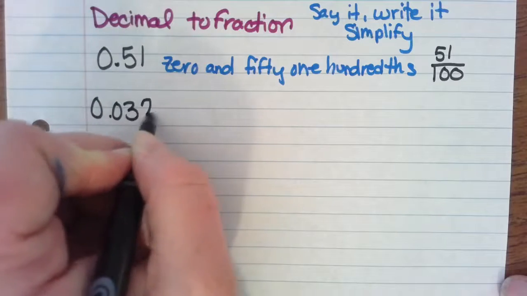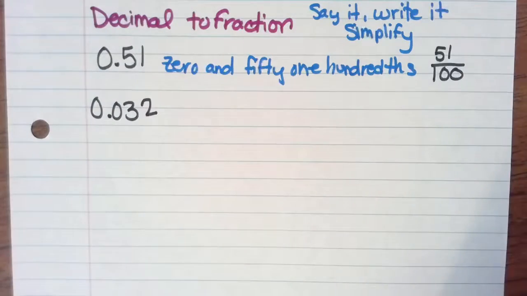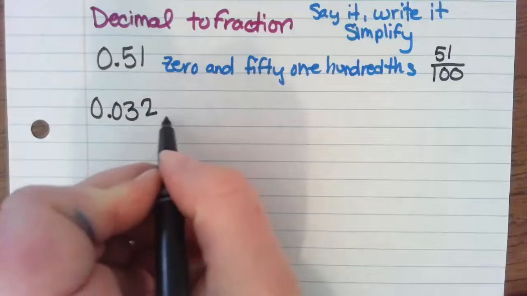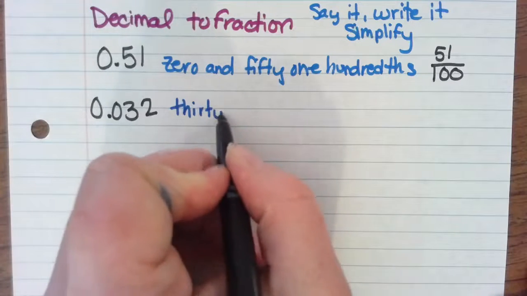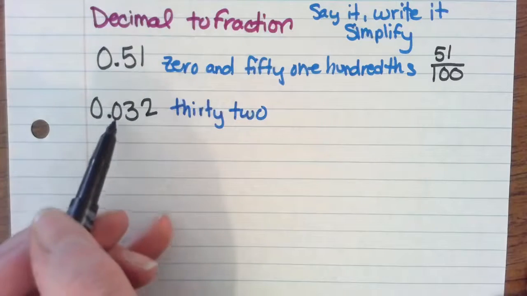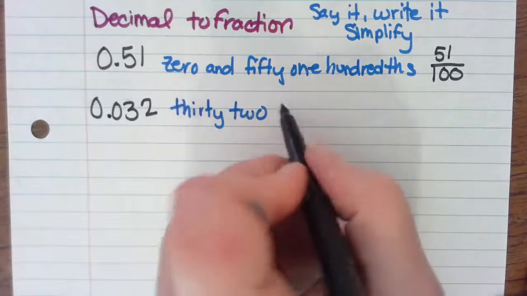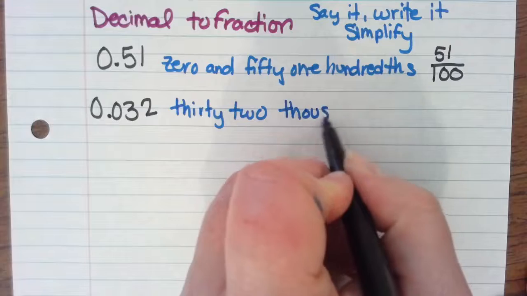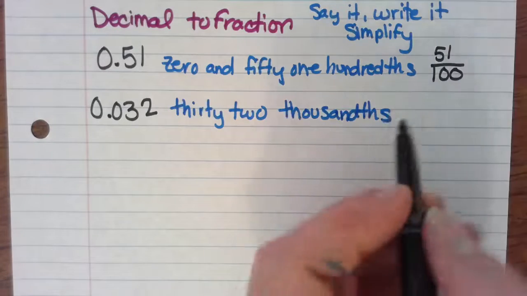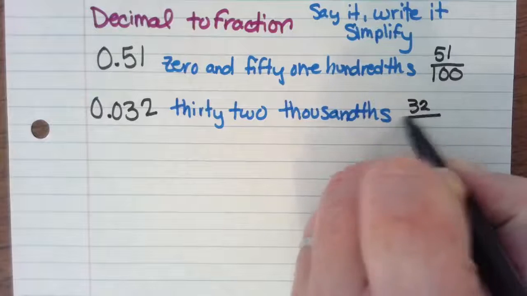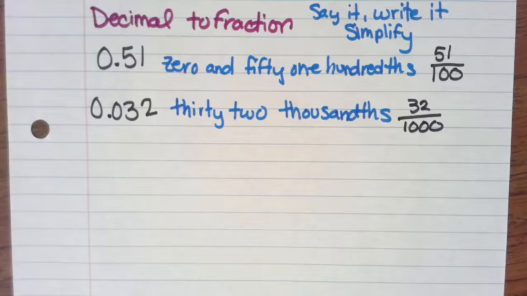Okay, what if I had 0.032? Okay, we're going to say it again. We can just leave out the 0 this time. So we have 32. Now this is in the tenths, hundredths, thousandths column. So we have 32 over 1,000. That's what that means. Now if we wanted to simplify this,